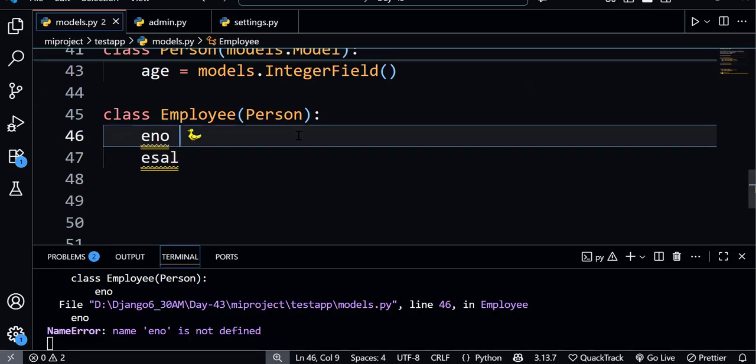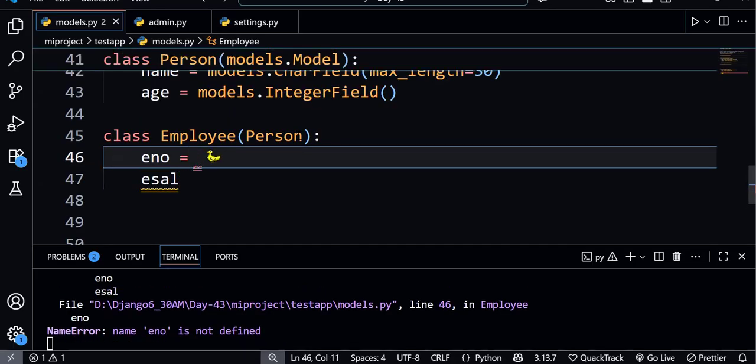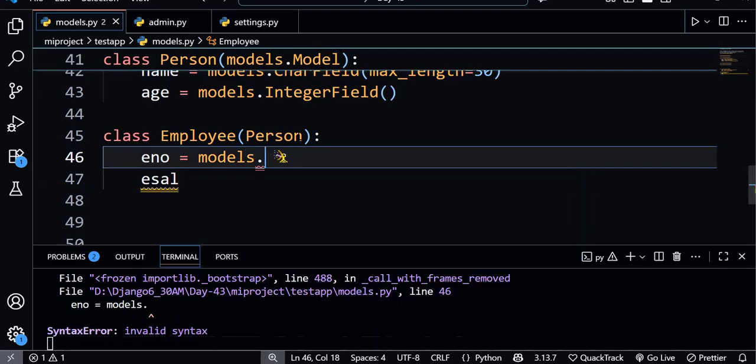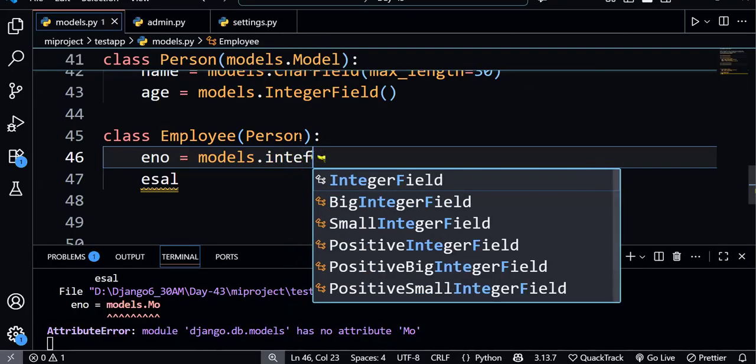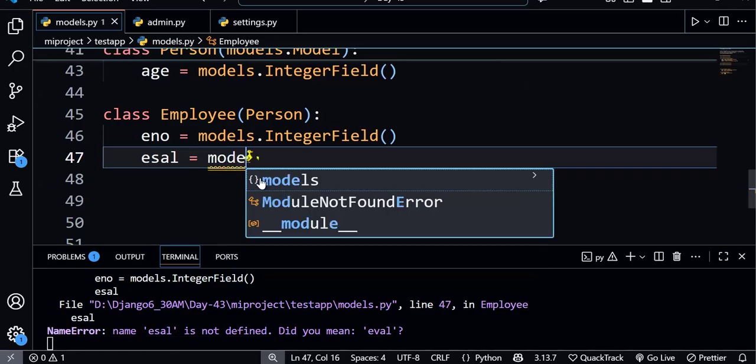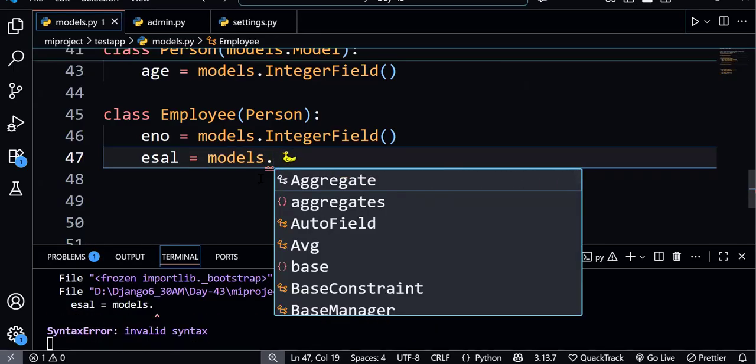Okay, so let's define the data types of these fields. So models dot which field? Integer field. And just define this also, models dot which field is it? It is not integer field but float field,